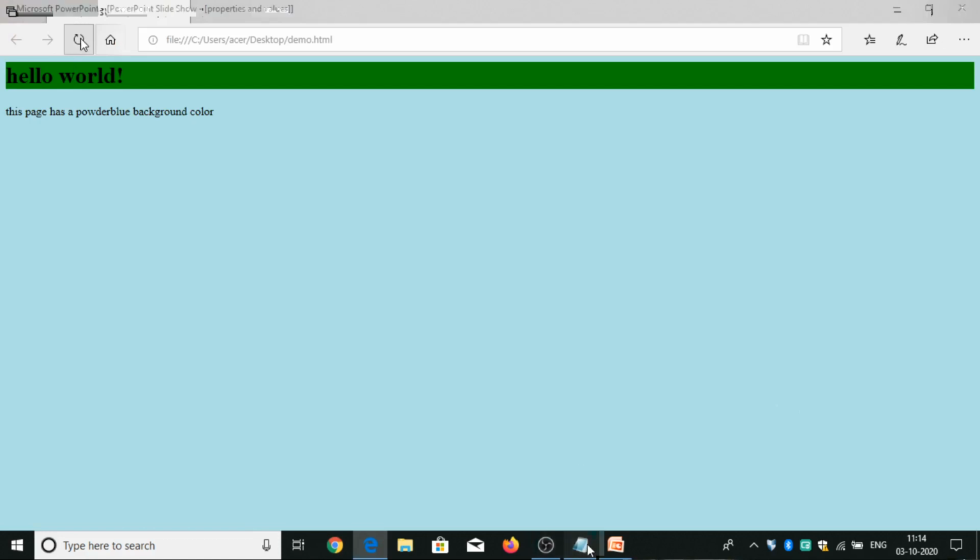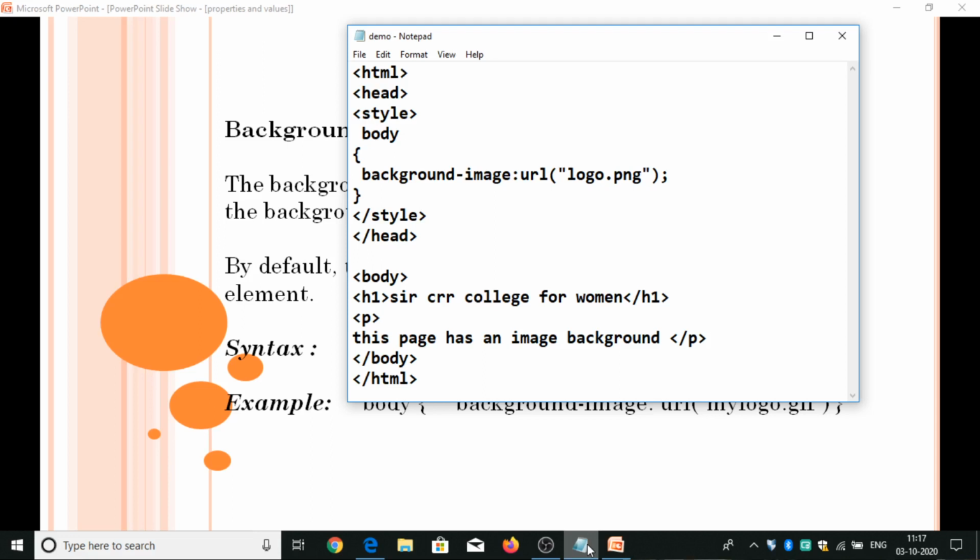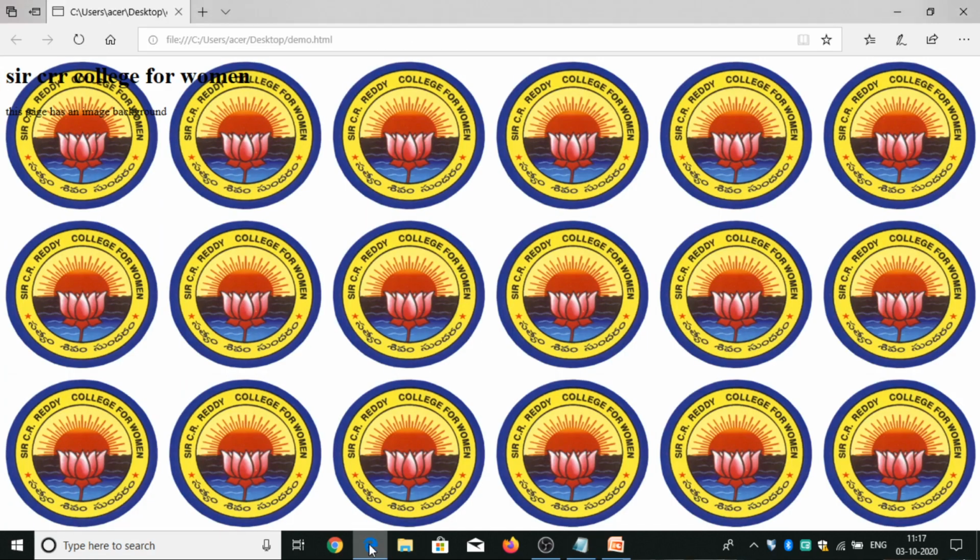Let's see the property. This is the program for this background image. Background image URL equals logo.png. Here I have taken our college logo. By default it is in repeat mode, so that the entire page is covered with the image. Let's see the output for this. This is the output. Here the image covers the entire page.